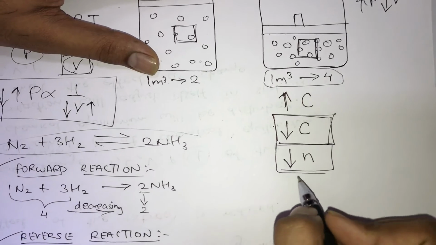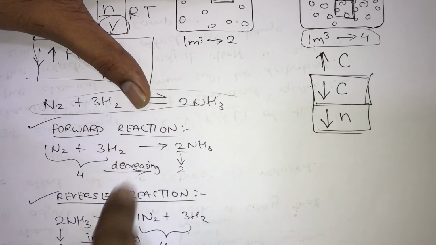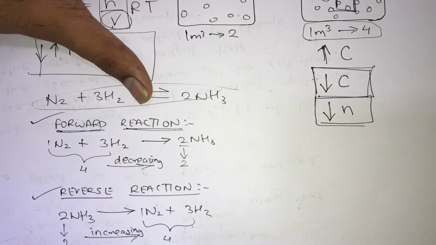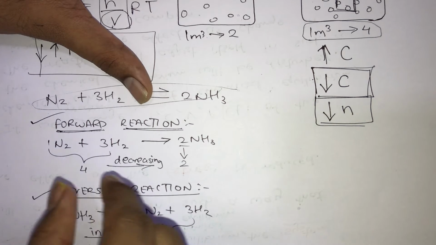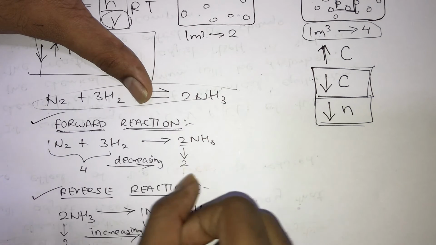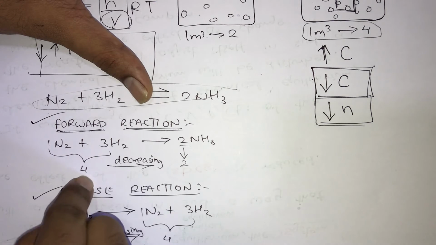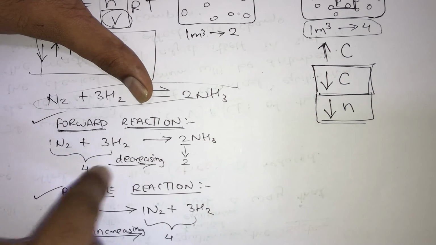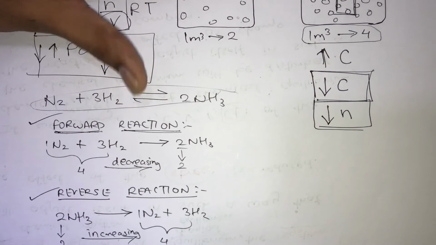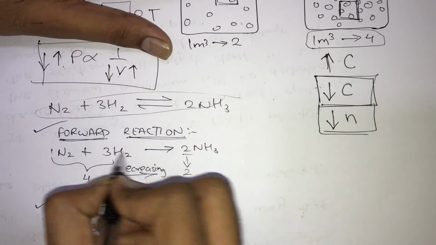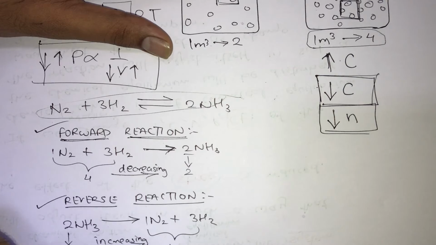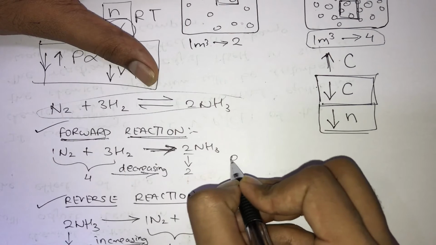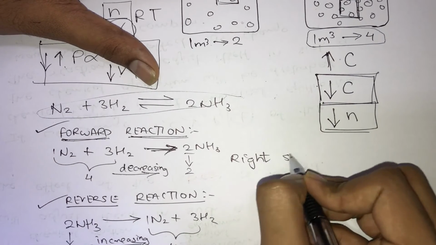So over here, which reaction is decreasing the concentration? Can I say the forward reaction is decreasing the concentration, because in the forward reaction we are getting only 2 moles after 4 moles are reacting. So here, since the number of moles is decreasing, therefore it is obvious that the concentration is also going to decrease. Now since the forward reaction is dominating, so can we say, since the forward reaction is dominating, then it is obvious it is nothing but the right shift in equilibrium.